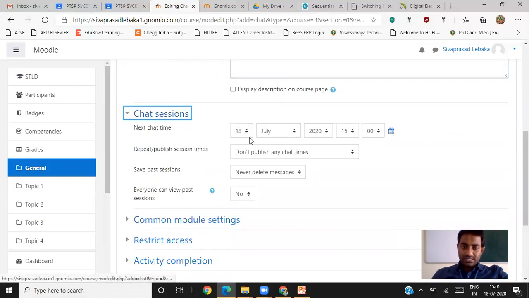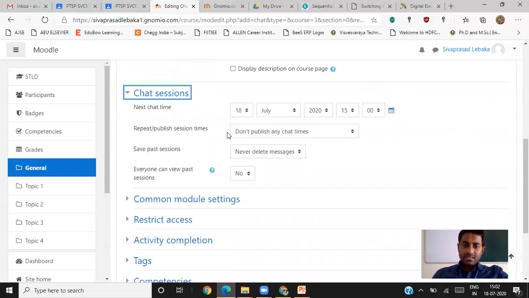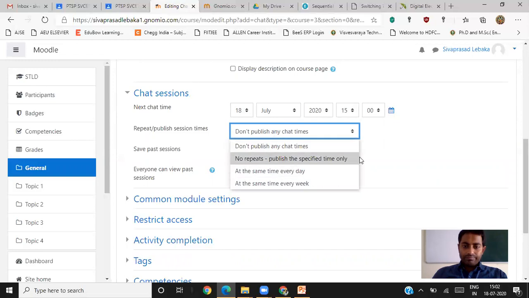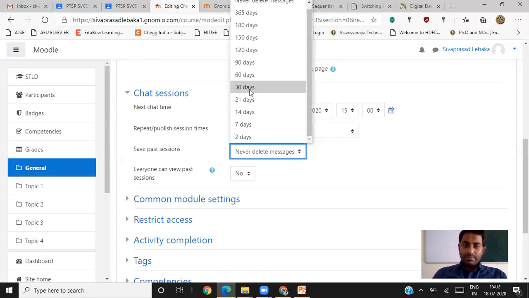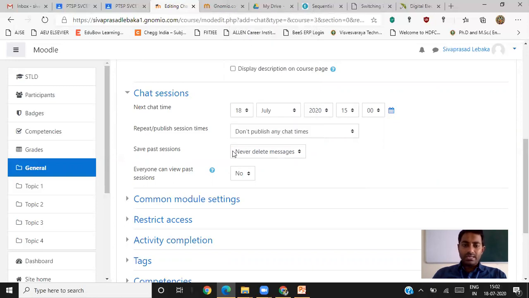And for chat sessions time, you can restrict from which time to which time the chat is available, and set the session times to be published. And for the previous chats, how many days they have to be stored in the software, you can select. And whether everyone can view these chats or not, that option also you can select.